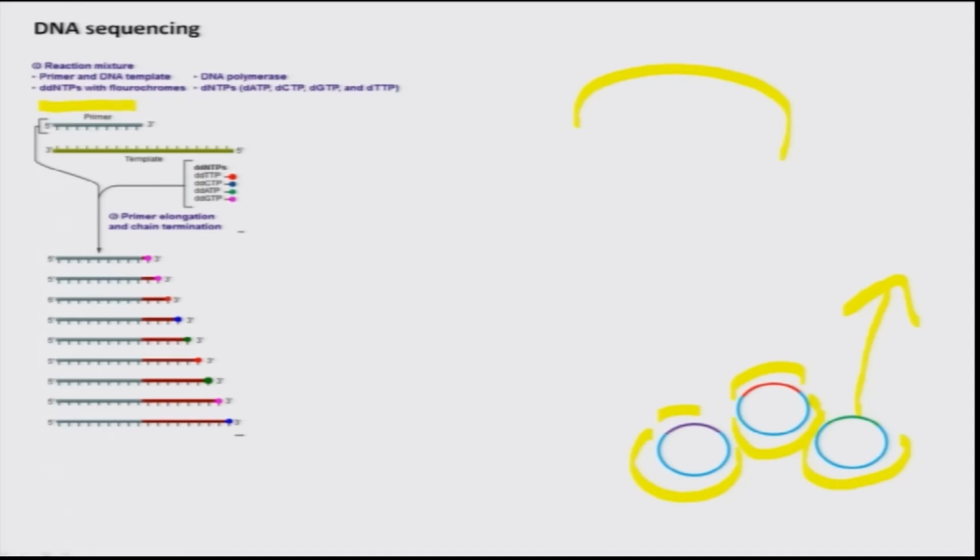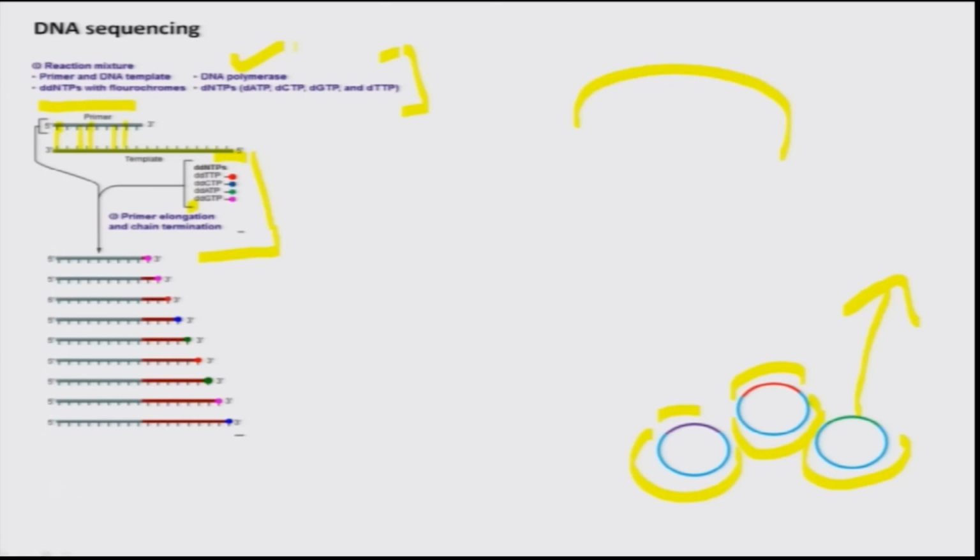They bind to the regions that are complementary to the single stranded DNA that is present there, and then you add to that tube all these reagents. What are these? These are specialized bases. These are not the normal bases, these are dideoxy, like what is shown here. So, we add the primer, we add the DNA templates I already explained, and then of course you have to